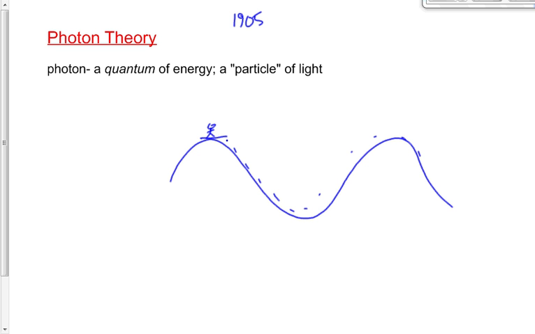Now, how do you visualize that? You can't, because that's outside of our experience. We've never seen a particle that is a wave, and a wave that is a particle. But even though we can't directly observe what a particle/wave would look like if we could see it, we have evidence to support the wave nature. We have evidence to support the particle or the photon nature, which tells us that it's got to be both. It's got to have a wave nature and a particle nature.